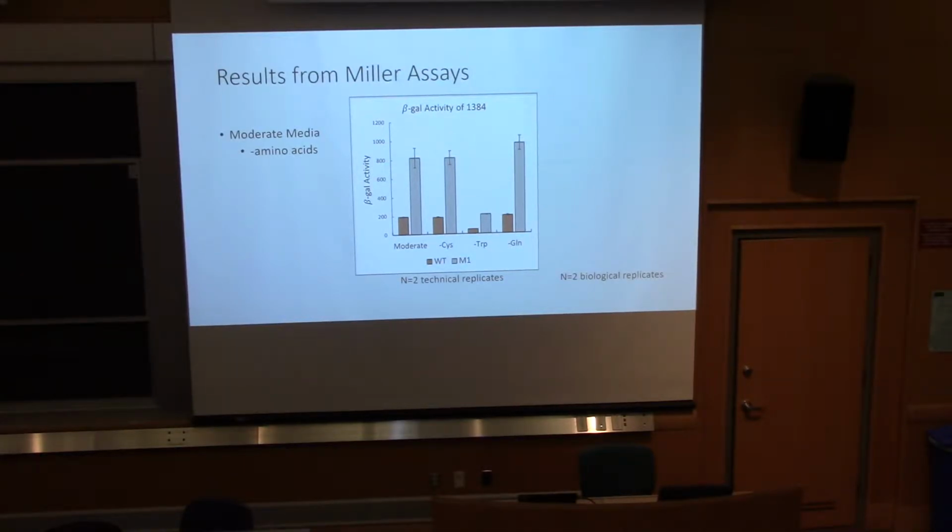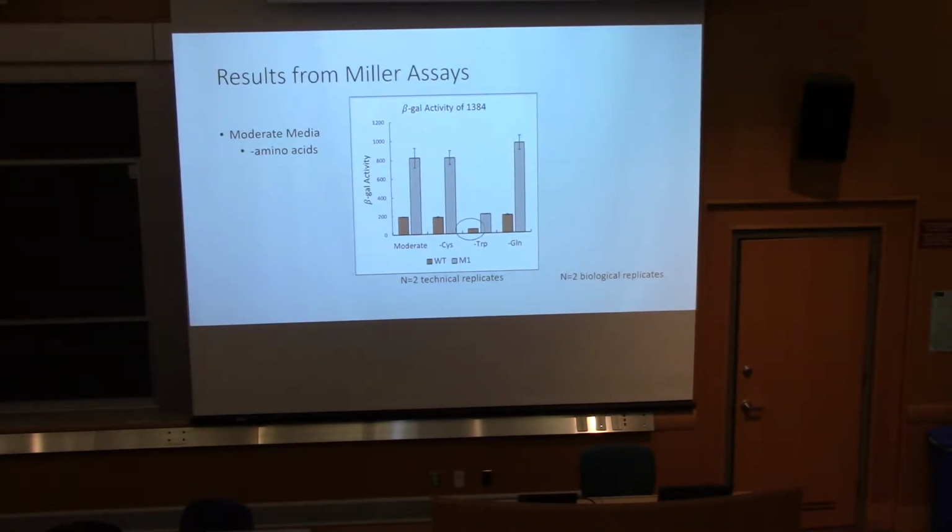Okay, nice. They came up at the same time. So in the first graph, we see 4 separate media conditions. The first is the moderate, which is what we saw in the last graph. And then we see the specified amino acid knockouts in the moderate media. And so